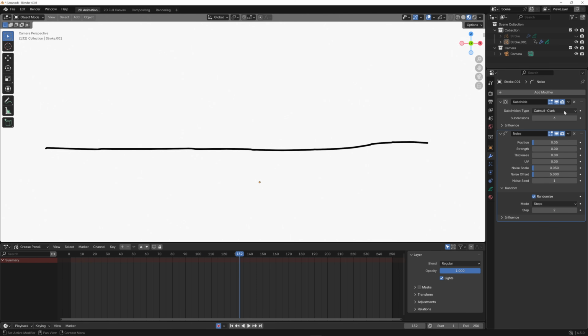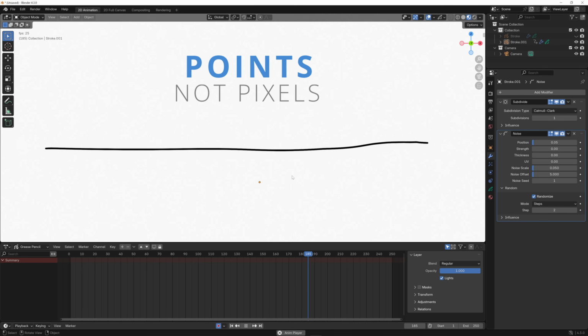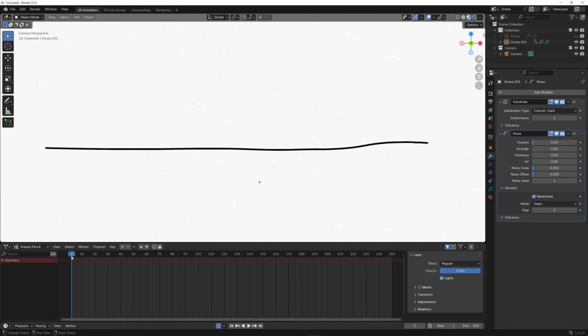Then I'm going to go to the subdivisions and increase it to 4 just so you can see what that looks like. And I'll bring it down to 1 so you can see what that looks like. So that gives a little bit of a smoother look because there's fewer pixels being modified by that. So it's kind of a balance. You've got to figure out what settings work best for your use case.